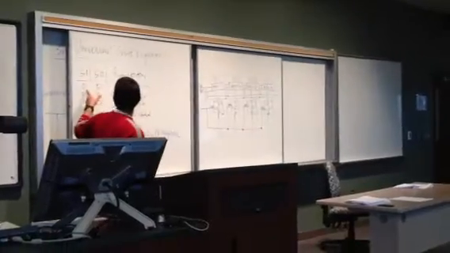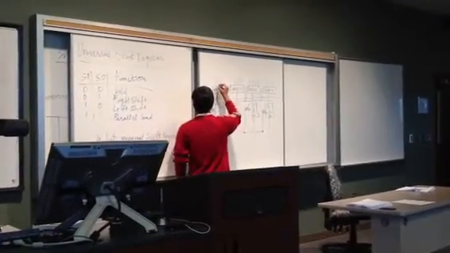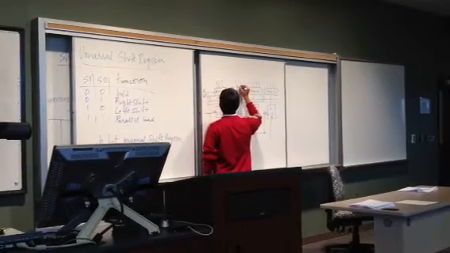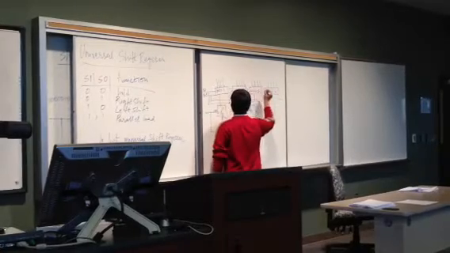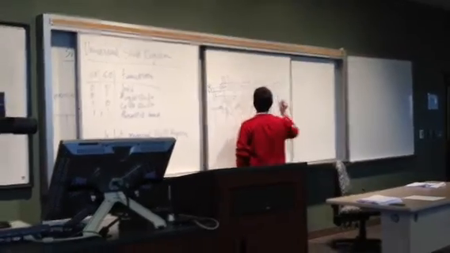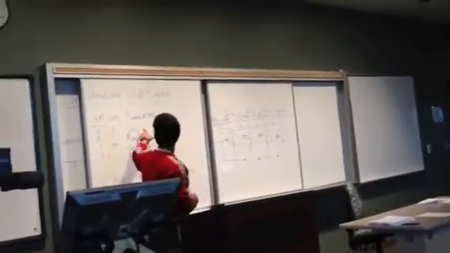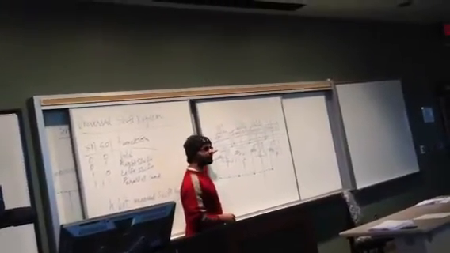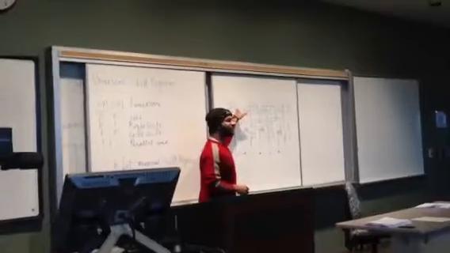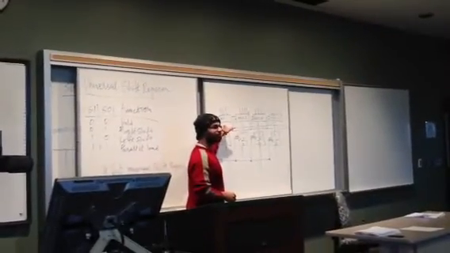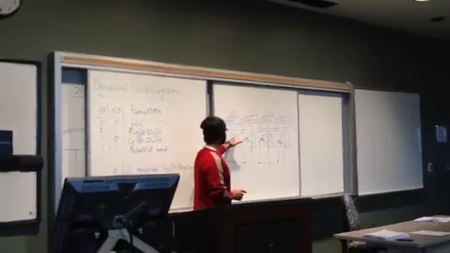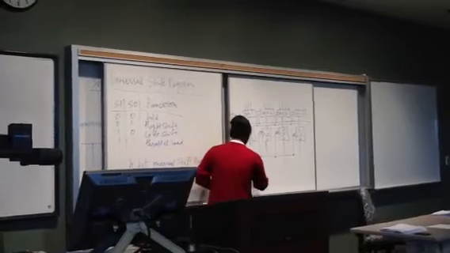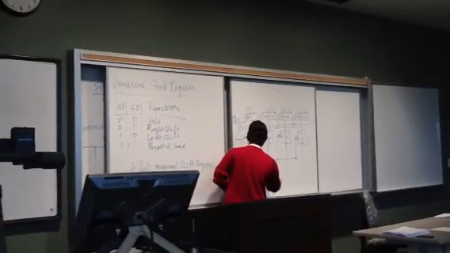Now, when it is a 0, 0, let me just go ahead and label these lines too. Let this be 0, 1, 2, 3. Now, if I want to hold on to the value, that means that if these select lines are 0, 0, this line is going to be selected and will appear at the output of the mux. The output of the mux is what is connected to the flip-flop, right? If I want to hold on to the value, all I have to do is connect the output of the D flip-flop